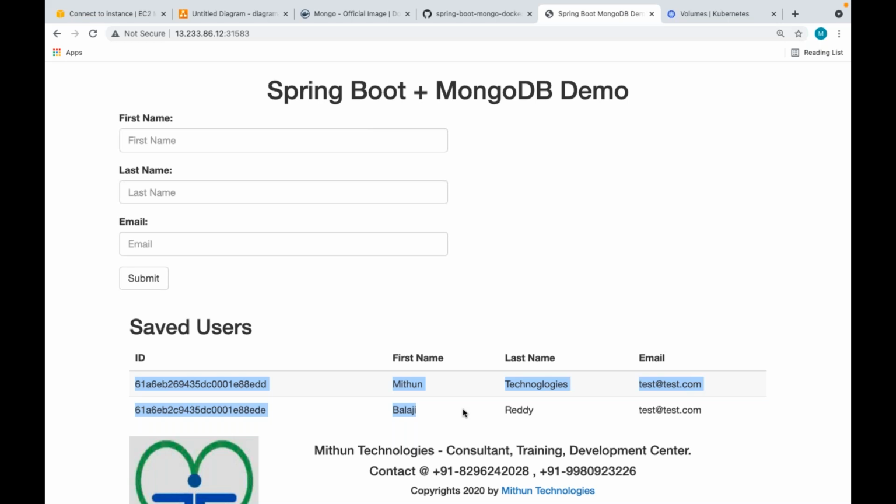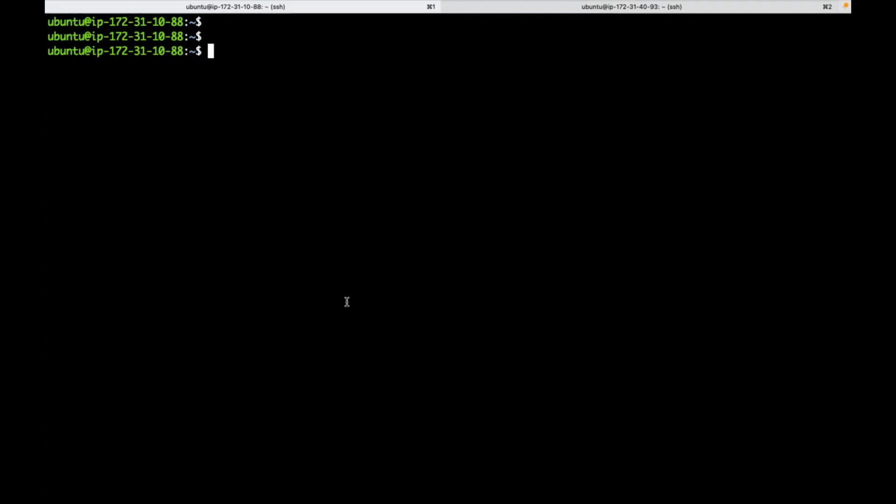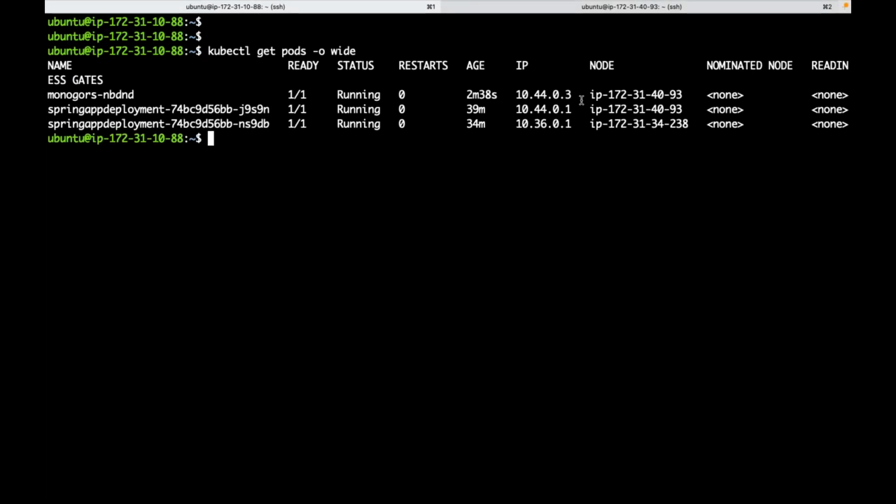So now the problem I'm sensing here: for some reason the database pod is scheduled to a different node. Now I am using a host path volume.